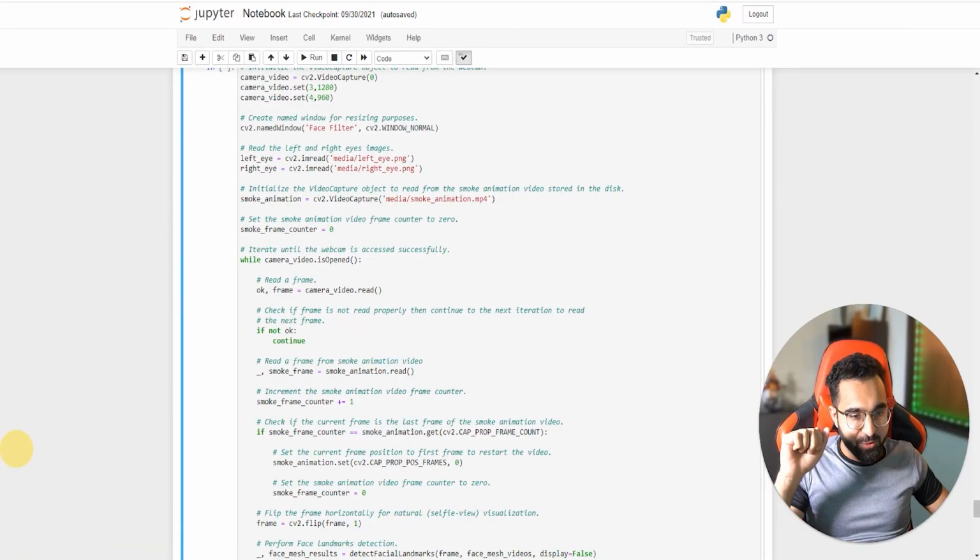And right now I'm gonna show you the final demo for this tutorial. So this is the final demo in action. And if you can see here, if I close my eyes, and if I do it a little bit smaller, so yeah, and if I open my mouth here, the flame is small.